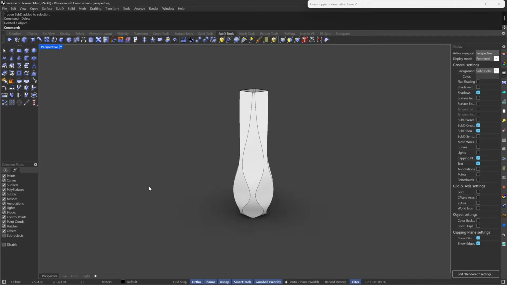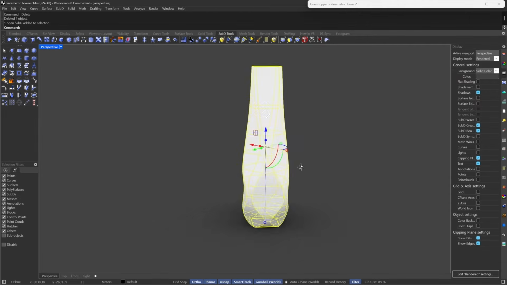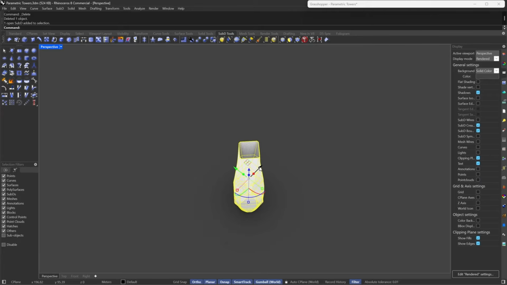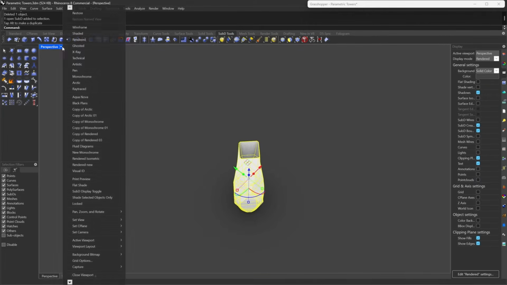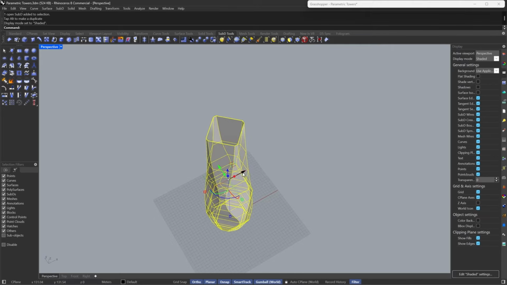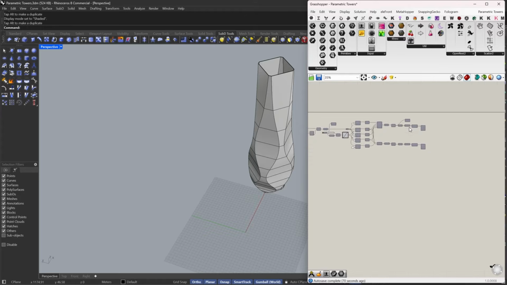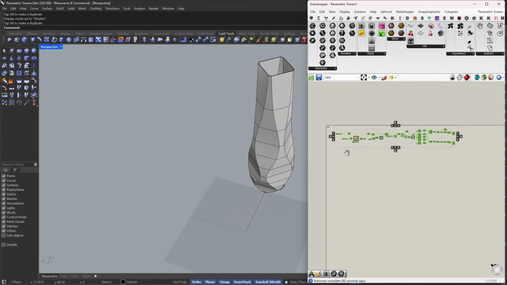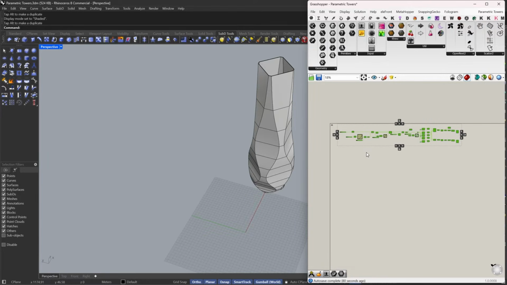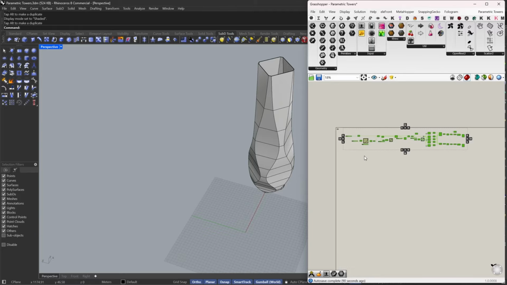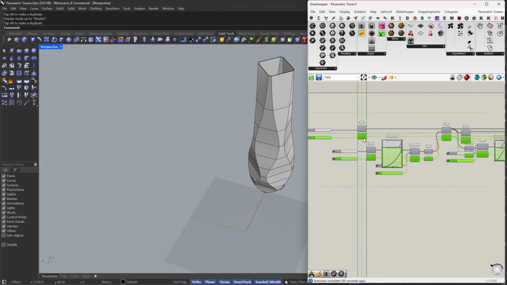Okay, for now I will delete one of them, and this is my first iteration, so this is great. I will just move it somewhere here, and then let's go to the shaded. Yeah, I think in this direction is fine. I'm going to say 250, and then I will copy all of this. By the way, the script now is done. You can just copy it and create different iterations and different designs for this. So I'm going to create 5,